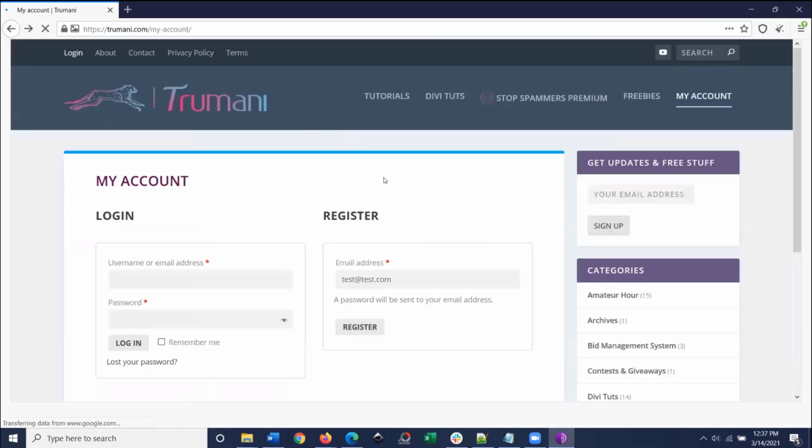Is this form a form from Stop Spammer? The register form is not. This is WooCommerce. Okay, so it's just some other, right? Yes, it's white labeling the core WordPress registration form. Okay, so